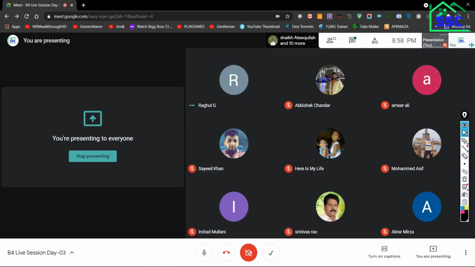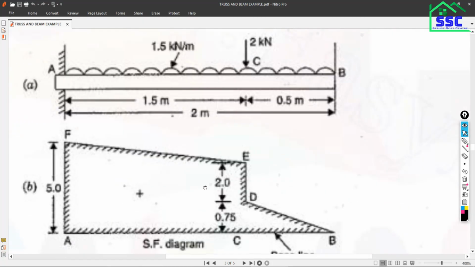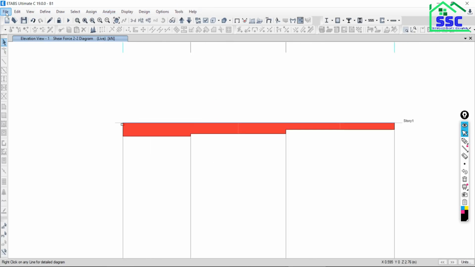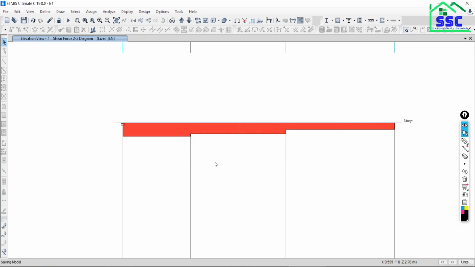Just go back to the example again. Now next we have to see this example. Go back to ETABS, go to file, go to new model, save.